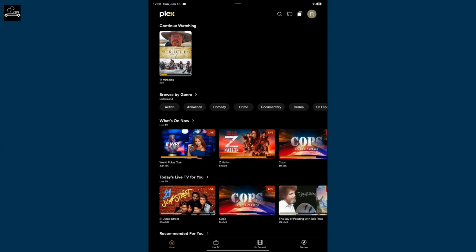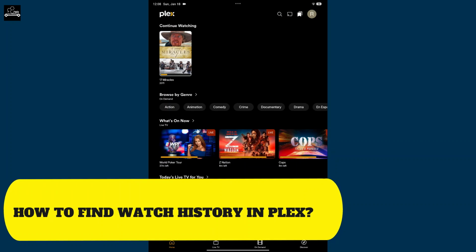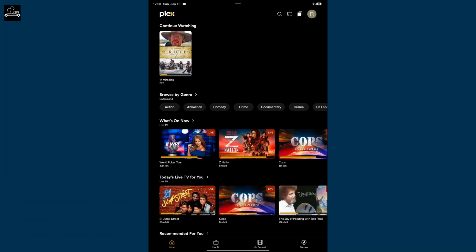Today we are back with another Plex tutorial and we are learning how to find watch history in Plex. Plex keeps a history of your watched movies, TV shows, and episodes you can quickly resume, check what you've seen, or track your viewing habits. So in order to do that, the first thing to do is to open the Plex application on your device